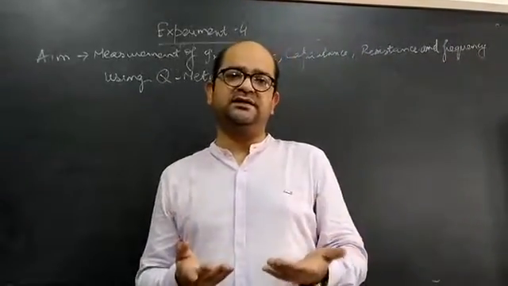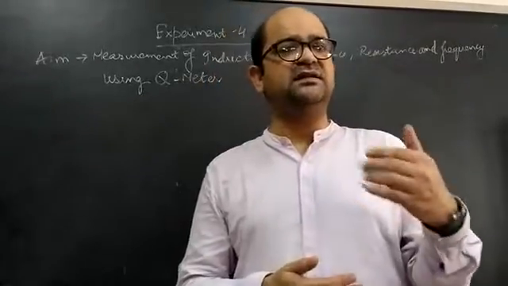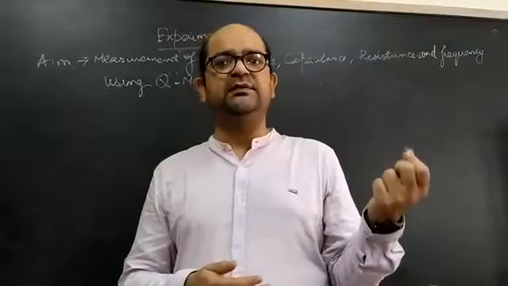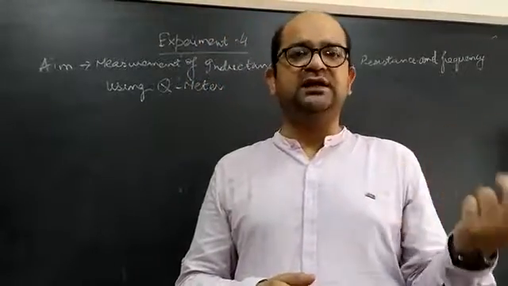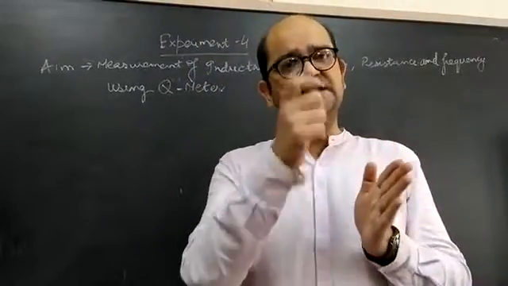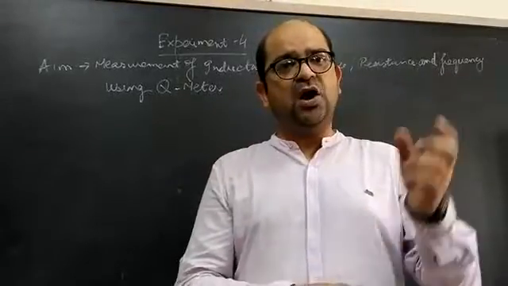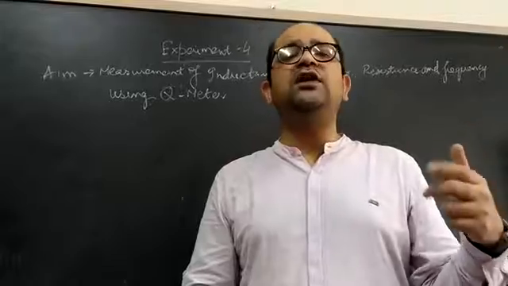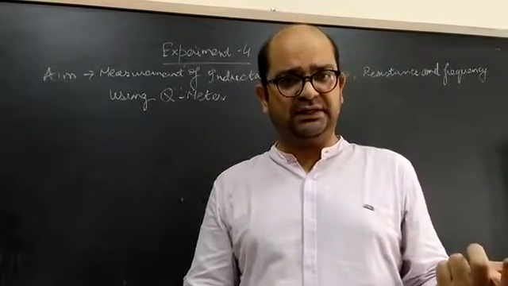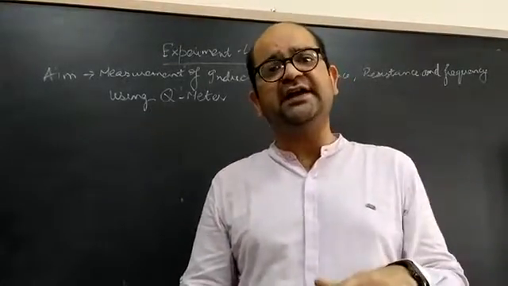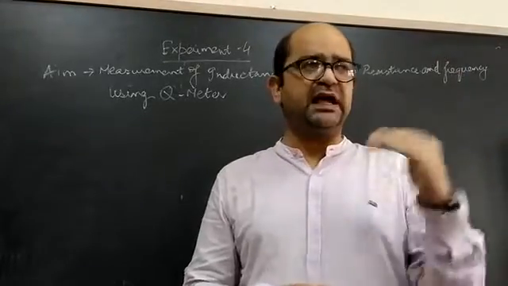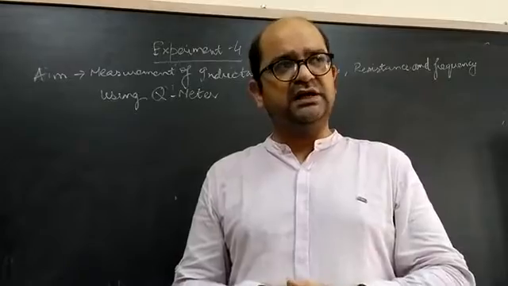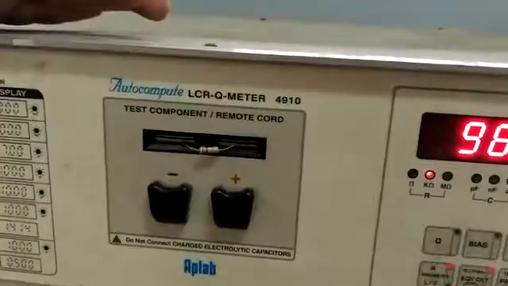Similarly, resistance, as we all know, has 4 lines of color coding. It may be yellow, green, brown, gold or silver. Firstly, we calculate the reading with the help of the color coding scheme of the resistance, or we can measure it using the multimeter, and then we will verify it using the Q meter. So those are the basic steps for measurement of resistance, capacitance and inductance. So let's start on the kit now.